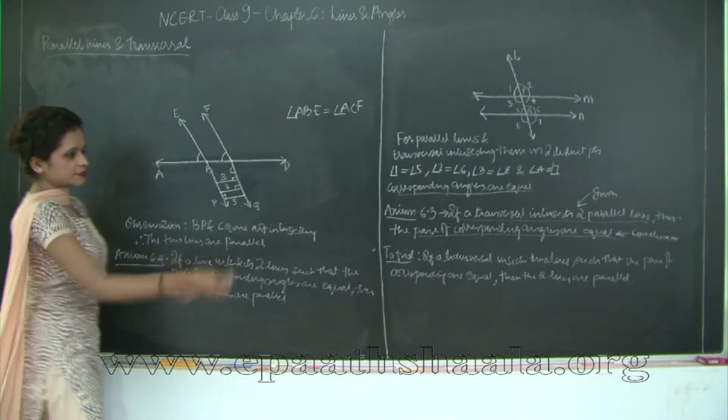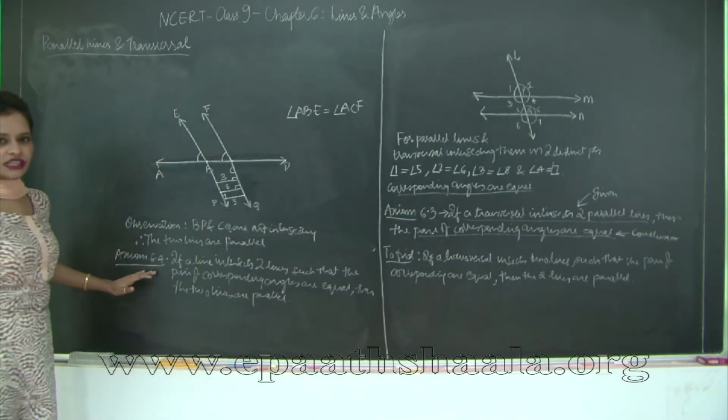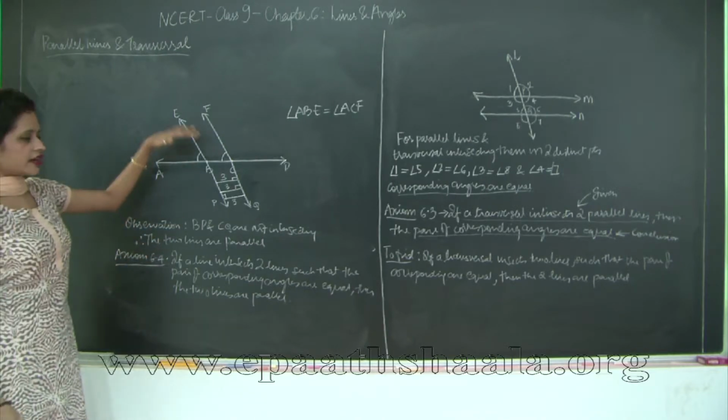So these are the axioms that we have, axiom 6.3 and axiom 6.4 pertaining to transversal, parallel lines